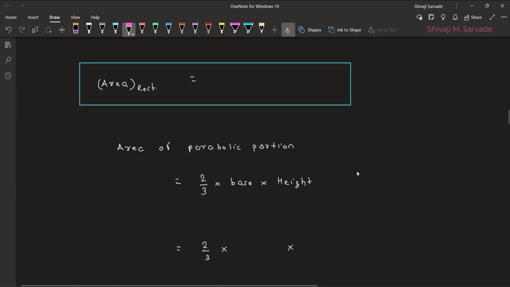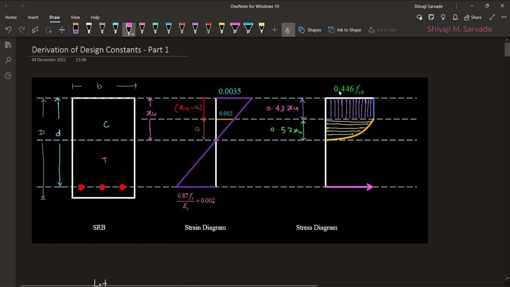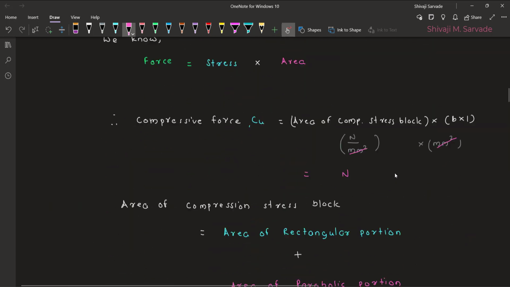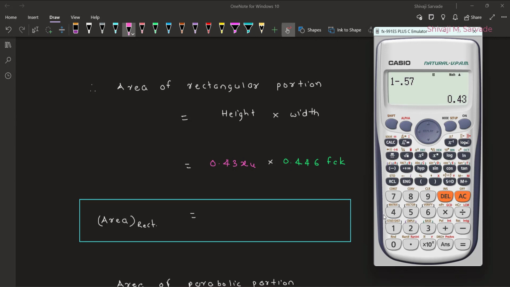So we'll get the area of the rectangular portion first. We know the area of the rectangular portion is nothing but height into width. Now we know one side already, which is 0.446 fck. The other side we just got is 0.43 Xu. So if we substitute, we are going to get the area of the rectangular portion. We have height as 0.43 Xu and width as 0.446 fck. So if we multiply, we have 0.43 times 0.446. So what we get is